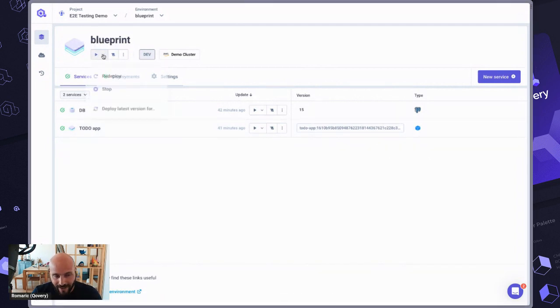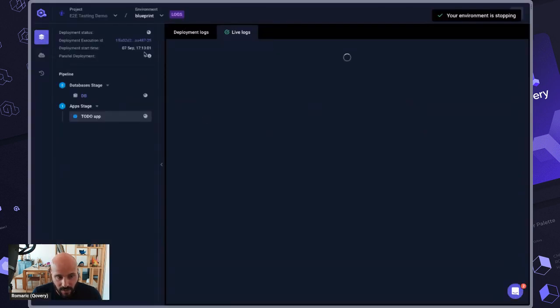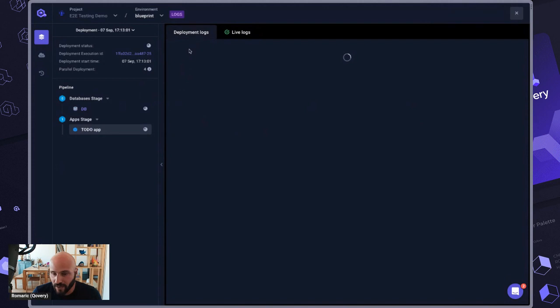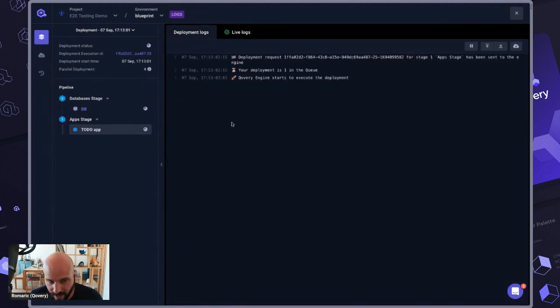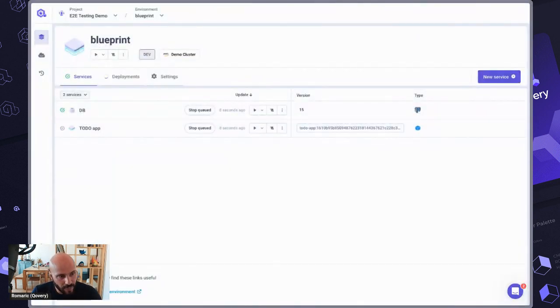Okay, I don't need to run that environment actually. It's just for demo purposes here, to show you that the configuration is working properly. But once it's done, what I can do is just stop my environment. So now I'm stopping this environment because it's only used as a template, basically. Okay. So if I go now to